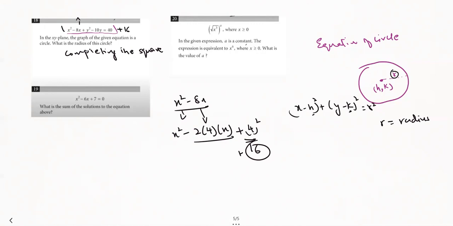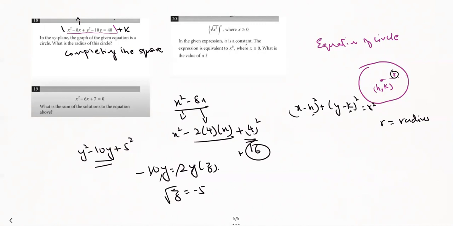Now look at the other part. The other part is y square minus 10y. So it means that I would be adding 5 square. How? Because minus 10y is equal to 2y and the third variable, for example, if you take it as z. So finding this value, y and y cancel, so z is equivalent to minus 5. So 25 is added. So 16 and 25 are added over here, and similarly, I would be adding them over here as well.